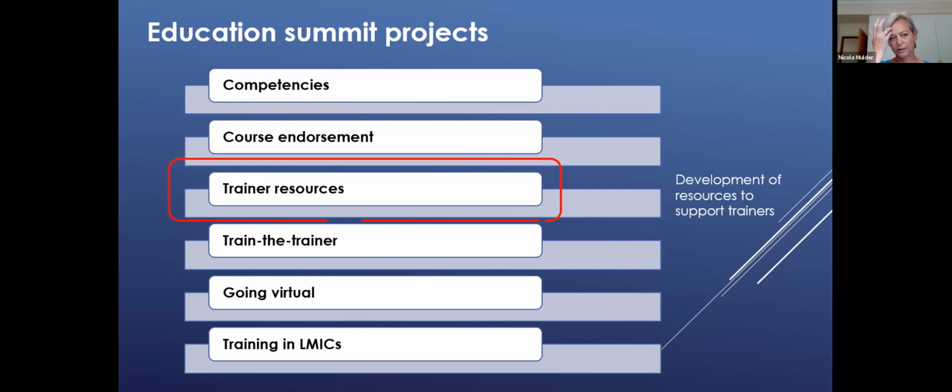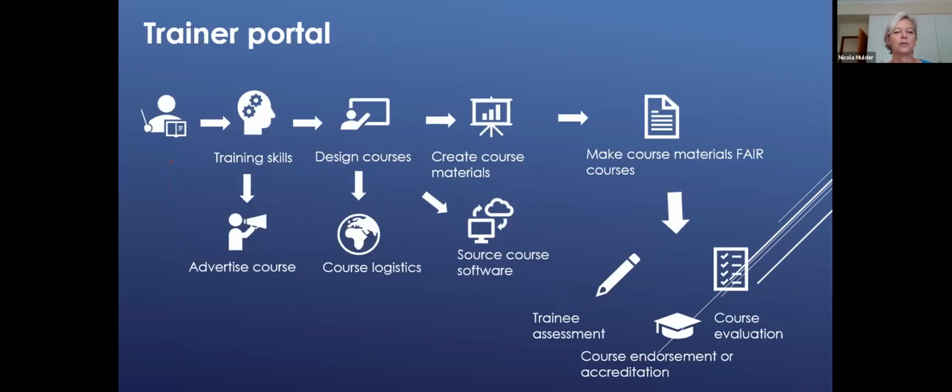The last thing I want to talk about in terms of the Education Summit outputs is general training resources. At each of the summits, the group has been looking at a set of resources that will be useful for trainers themselves. If you think about the whole process, okay, I'm a trainer, I need some training skills, I need to design a course, so I need some resources for that. Once I've designed my course, the course includes things like course logistics. How do I set up the course logistics? How do I budget